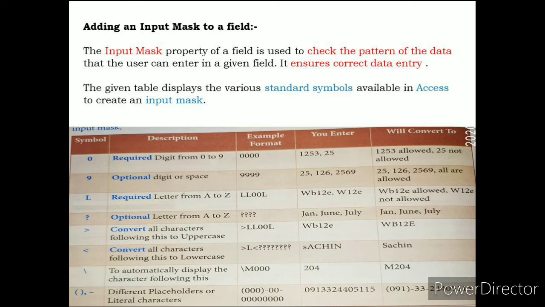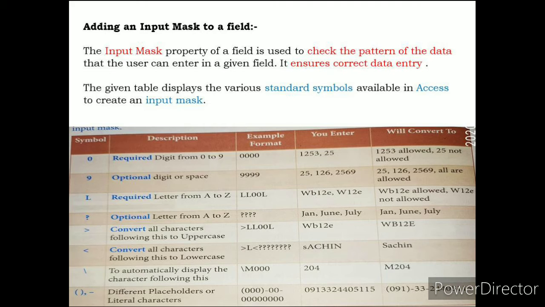Front slash is used to display the characters that automatically follow. For example, here we have denoted the format /M000. So if the user enters 204, it will include the M in it. Next are braces, different placeholder or literal characters.